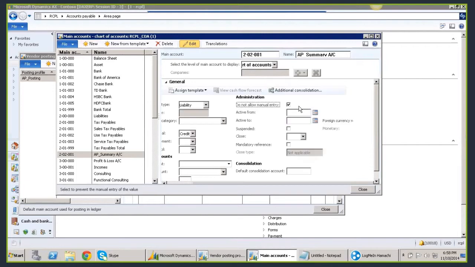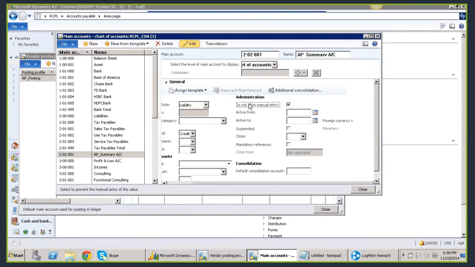Sometimes in 2009, people used to ask this specifically in interviews: for a summary account, why do you have to check do not allow manual entry? We used to have another one, something called closed, instead of do not allow manual entry.